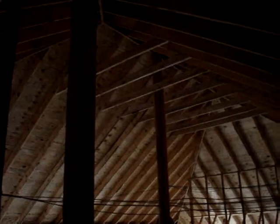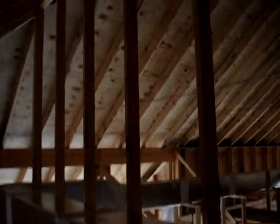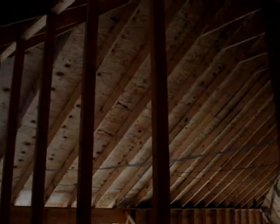7 o'clock in the morning, July 4th, 2010. Standing in the attic of the new house. I know the lighting isn't that great, but I wanted to get in here and get some pictures before the icing or foam people come in. They're going to be in here this morning and start foaming the